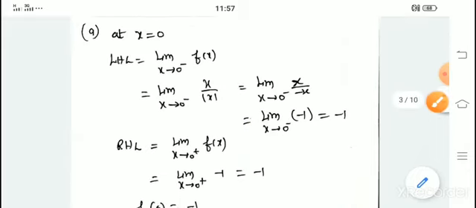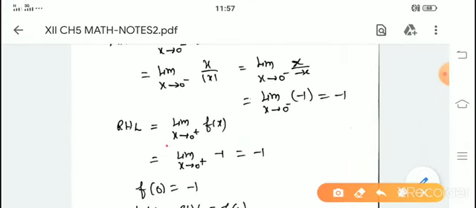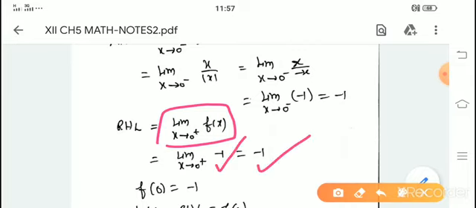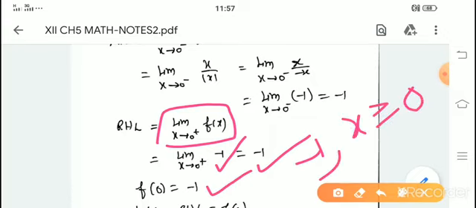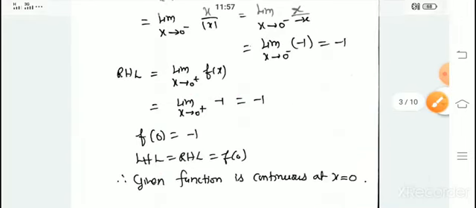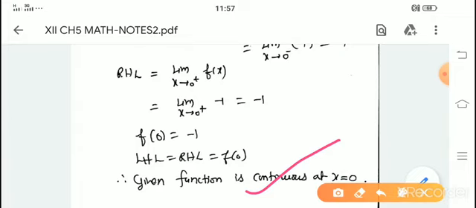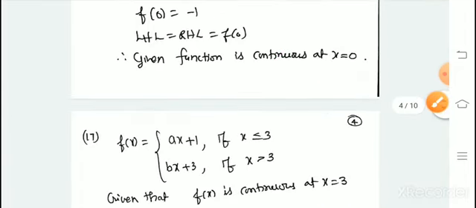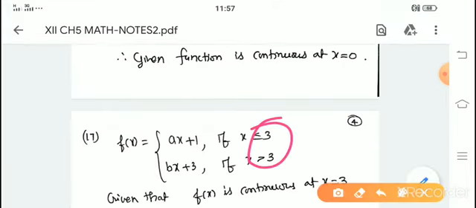But at 0 plus, look at the textbook very carefully. At 0 plus x greater than 0, the given value of the function is minus 1. So it is f of x is equal to minus 1. So f of 0 is also minus 1, because they said x greater than or equal to 0, the value is minus 1. They gave you like this. So f of 0 is minus 1. From this very clearly understood that the given function is continuous at x is equal to 0. Similar way you can discuss other problems, discontinuity or continuity at the given point. So if they don't give the points, the intervals will be given like this, you can take them.